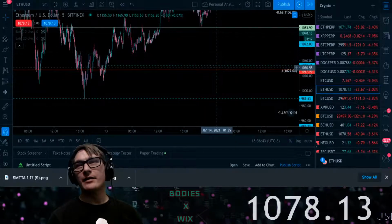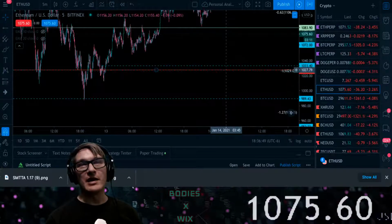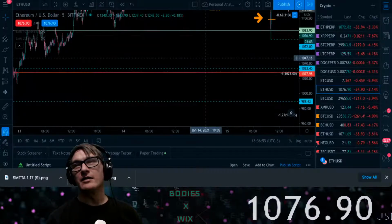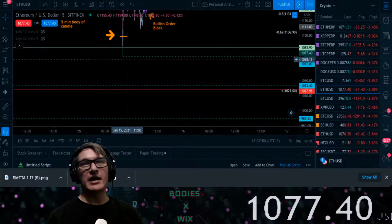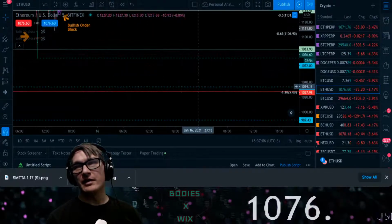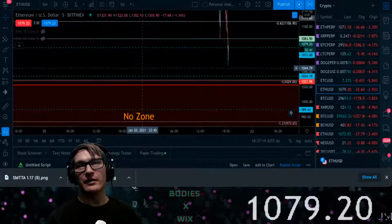so now we have this order block somewhere around 1033, which happens to be right around the same price level as the full 100 extension, right? It has gotten below this spike here, so it's taken out all this liquidity here. And what I'm thinking is that if it is going to get to its lowest point, it's going to be somewhere in between 1034 and 1027, right? I think that is going to be the area